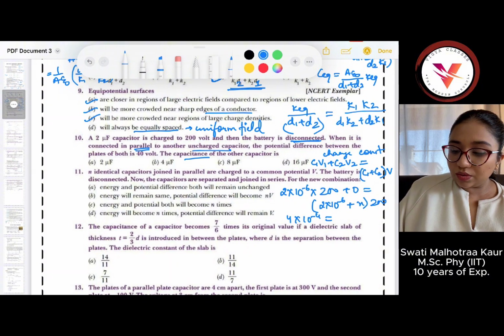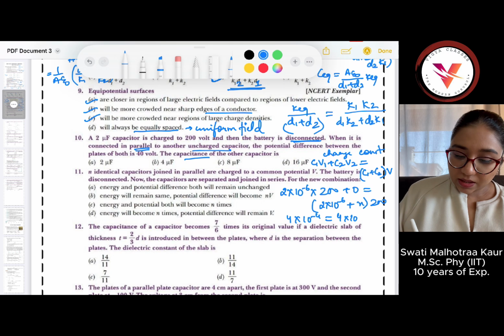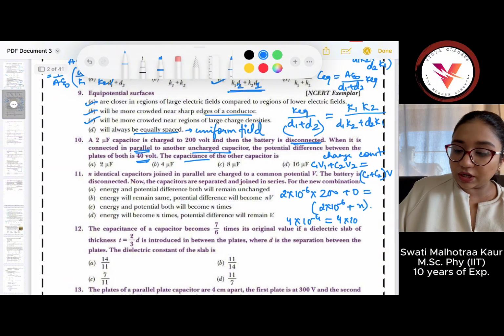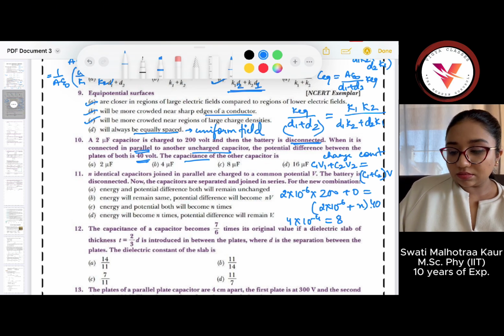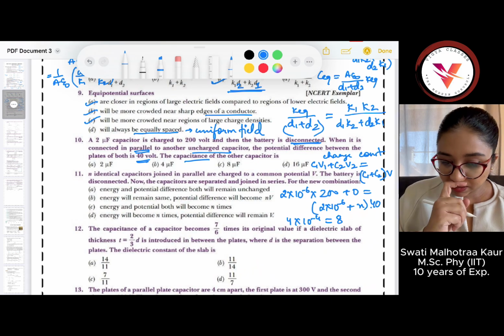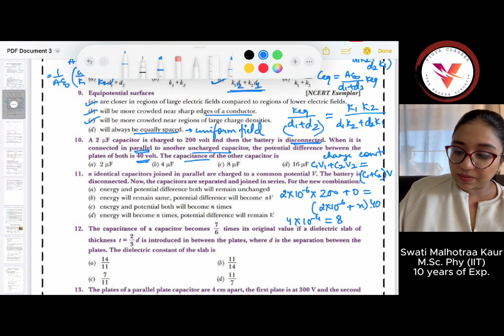This becomes 4 into 10 raised to the power, sorry, here the total potential becomes 40 volts. So this should not be 200, this should be 40. Now you can multiply it. So this becomes 4 to the 8 into 10 raised to the power minus 5